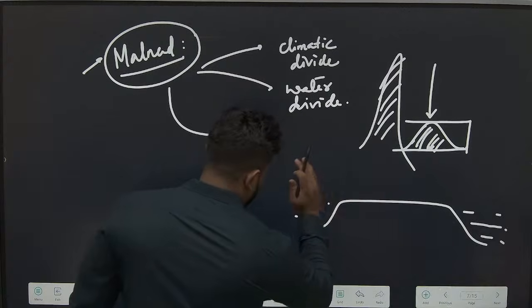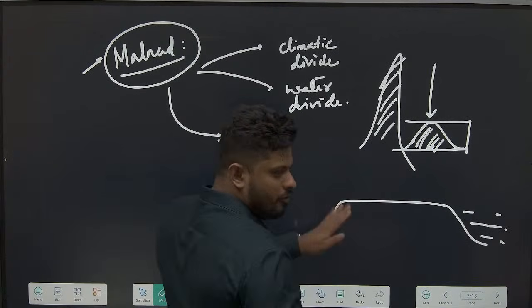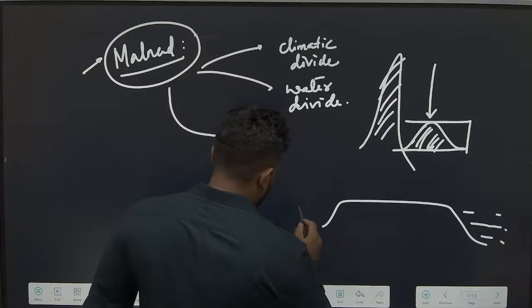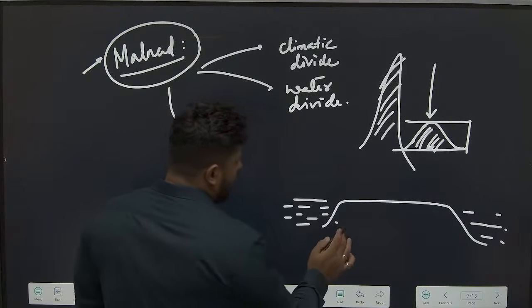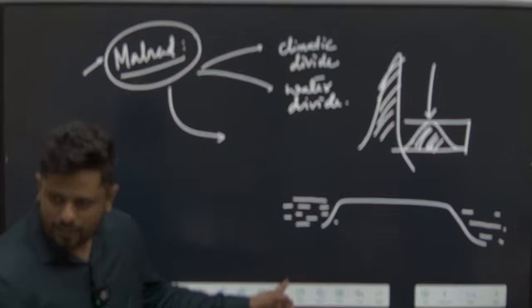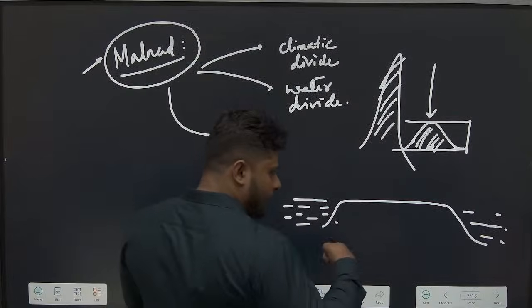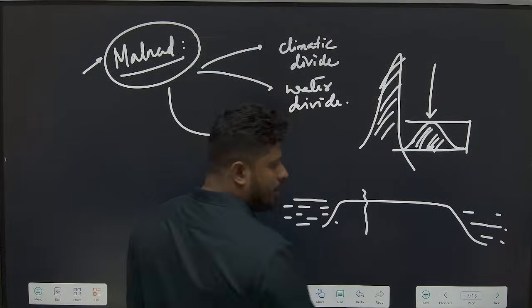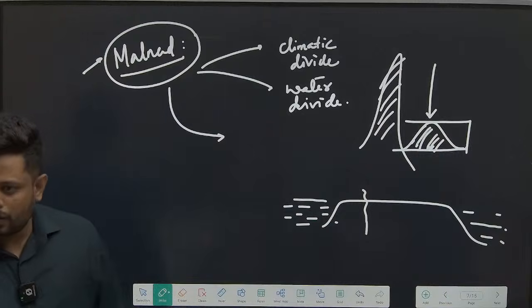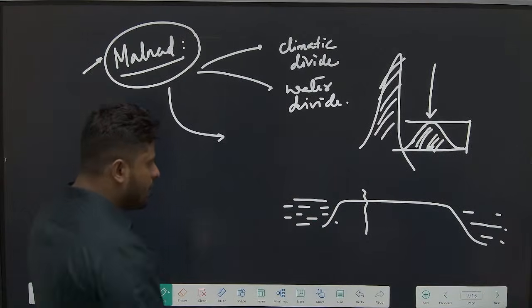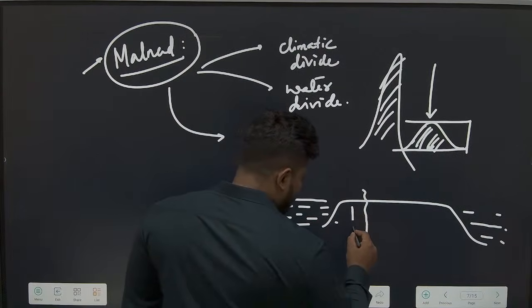Probably this was not there before. This was Africa. We got detached from Africa. So we have a new influence that there is a marginal sea on this side. But because of that force of detachment, what happened? A very small fault line developed over here. Okay? With time, what has happened?